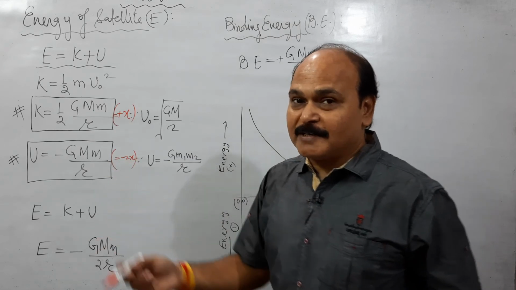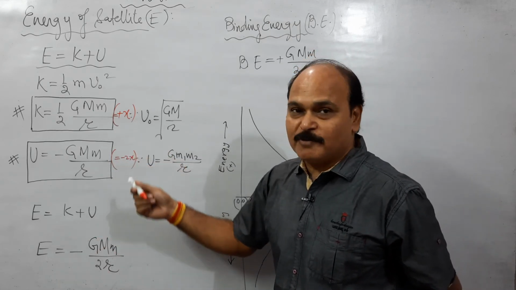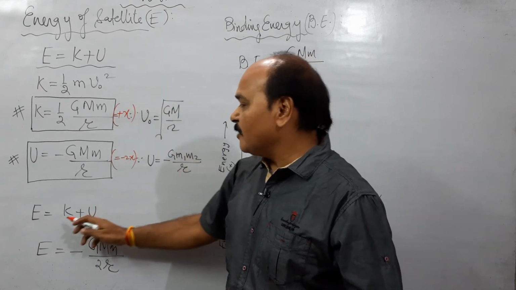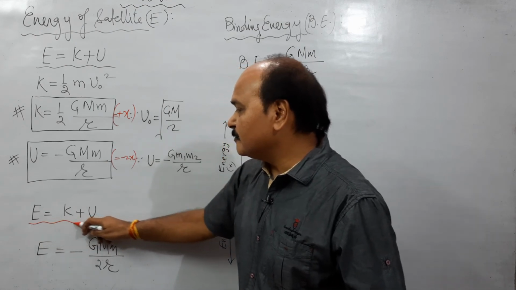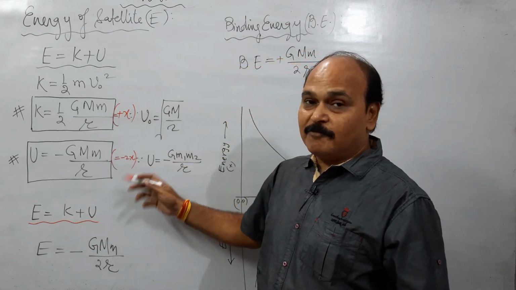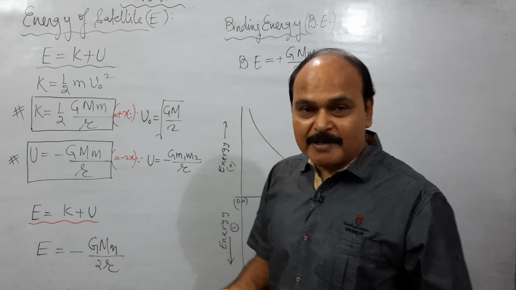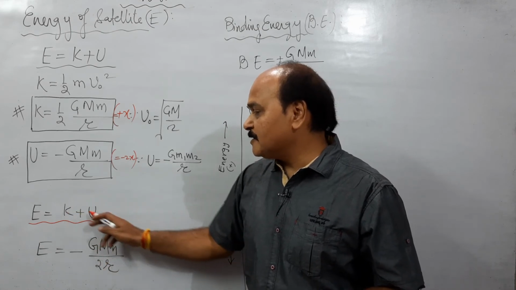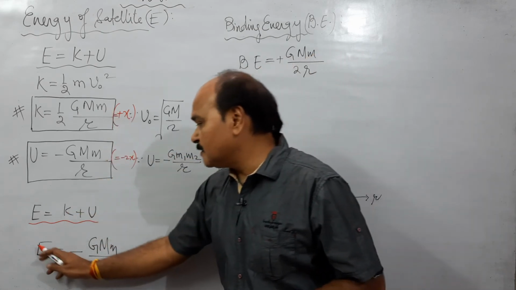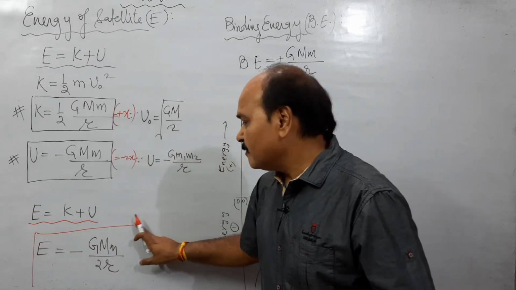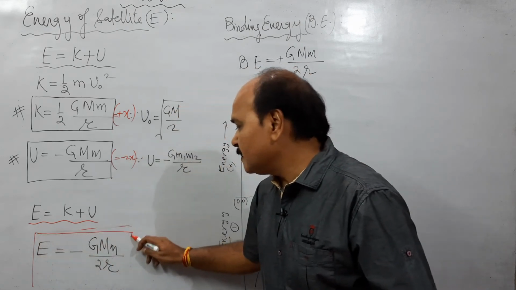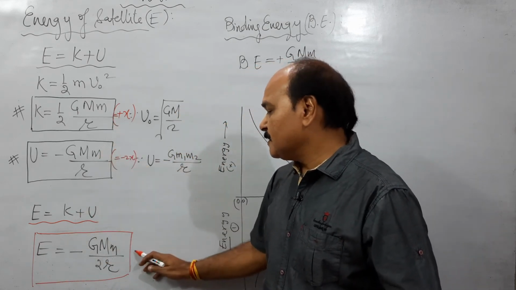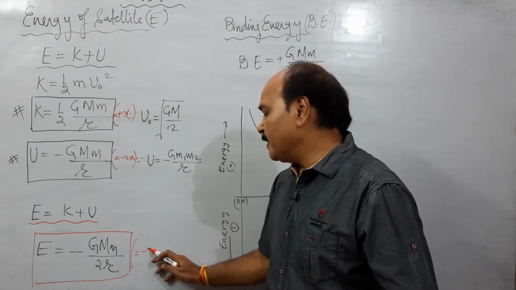So if we compare the two values, what do we get out of that comparison? If this is x, this is going to be minus 2x. And what is their sum total? Their sum total is going to be the total energy of the satellite. And what is that? E is equal to K plus U. And if you add x with minus 2x, what are we going to get? X plus minus 2x is going to yield minus x. And that is what we get. K plus U is the sum total of these two. Total energy comes out to be minus GMm by 2r. And if this is x, this is minus 2x, then of course it is going to be minus x.